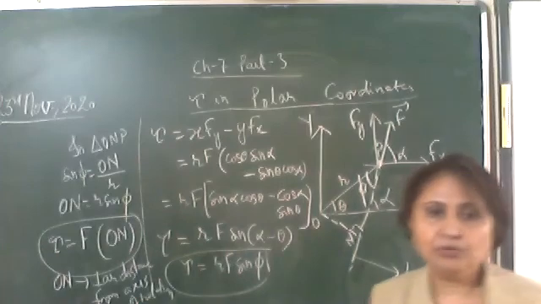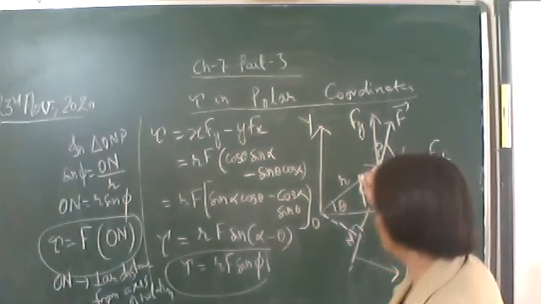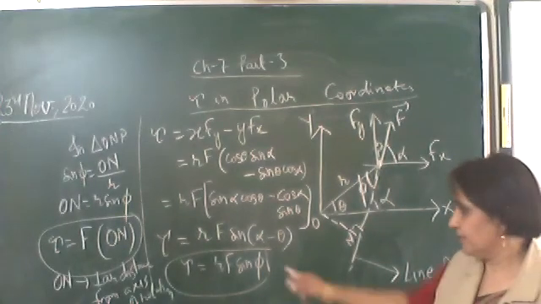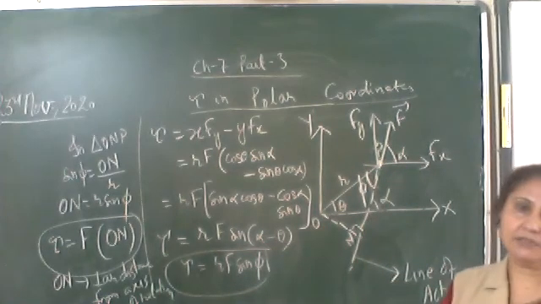So tau is the product of force and the perpendicular distance from the axis of rotation. Okay, one more expression of tau here will determine. Here let's see due to which component of force this tau is used, that is, tau is applicable only for one of the components of force. Okay, written till here.